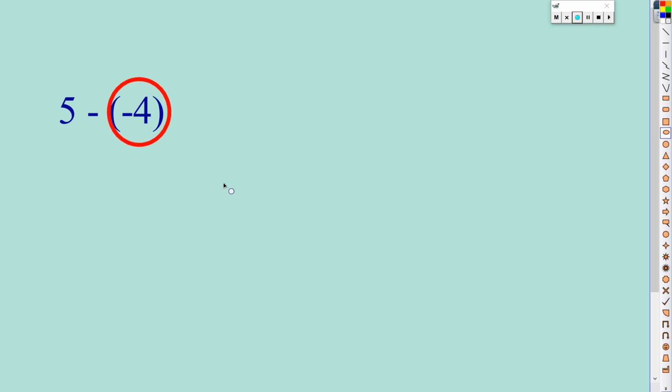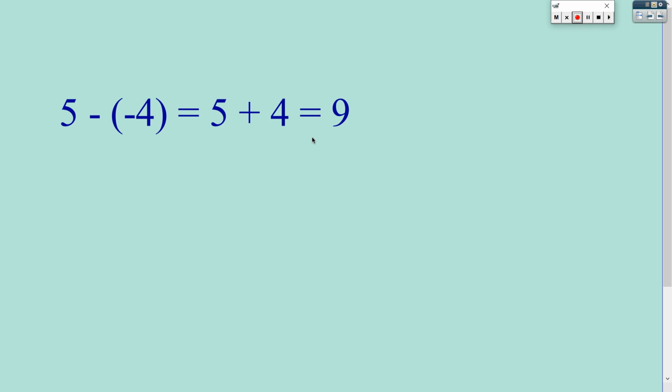So what is the additive inverse of negative 4? It is 4. So you just add 4 to 5, and you will get the answer. So you can write 5. This minus will become plus. Then additive inverse of negative 4 is equal to 4. So 5 plus 4, same sign, you are getting 9. Let us see another question.